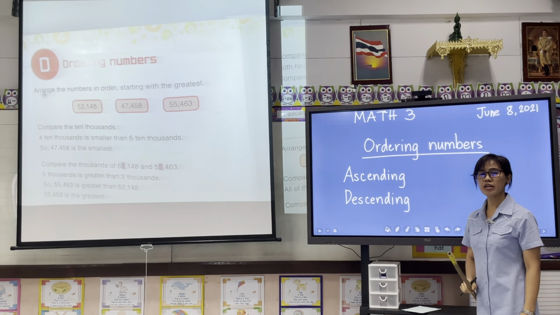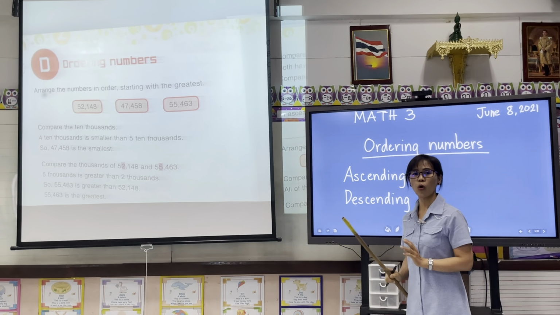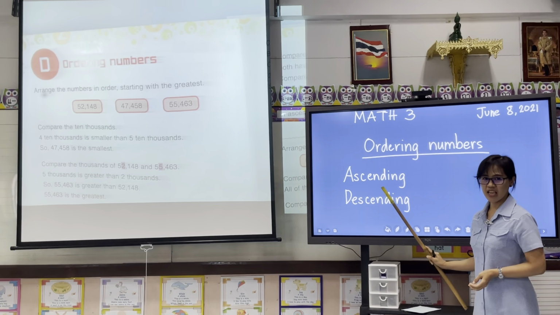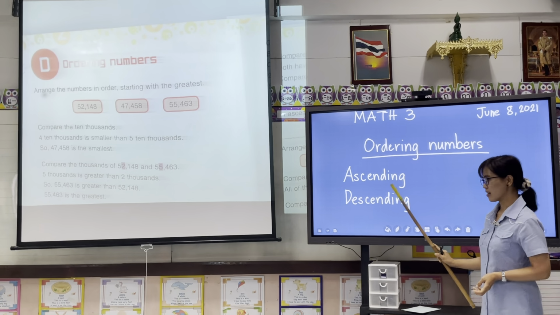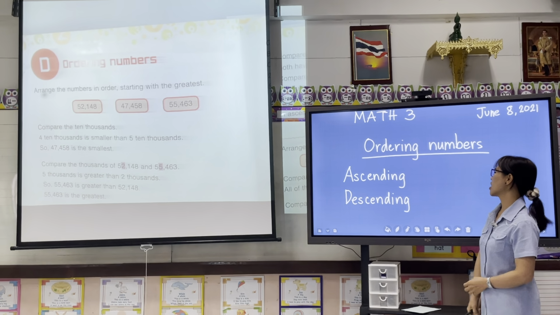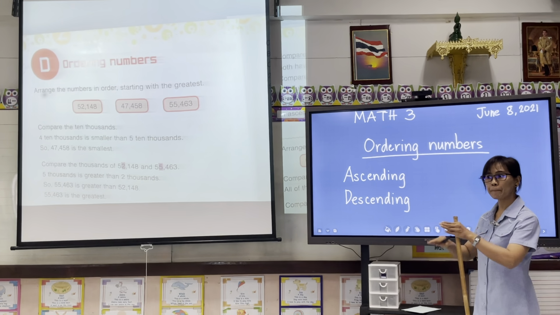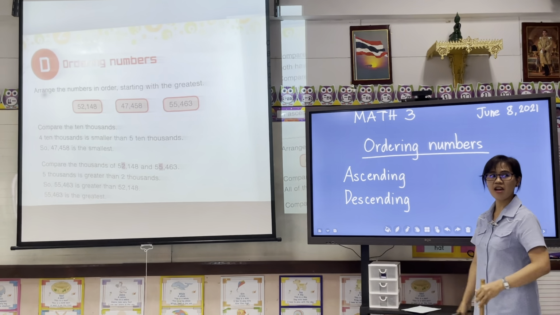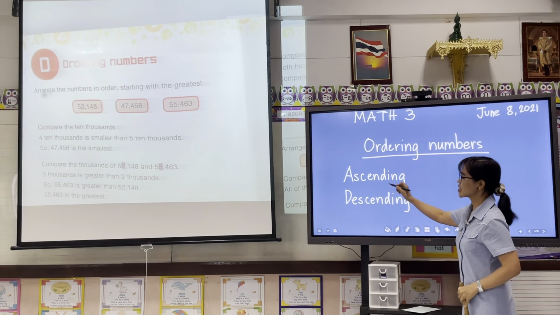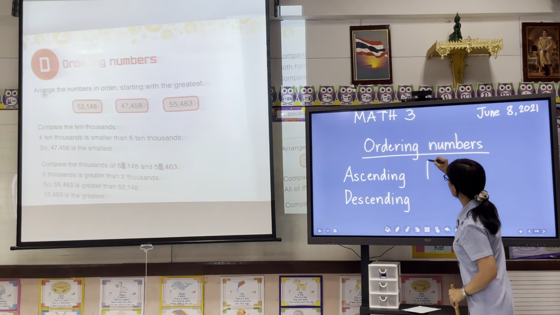When we order numbers, we place the numbers in their correct order. So, ascending. Descending. What does it mean? Ascending is just like when you go up the stairs. When we go up, we are ascending. So that means ascending is going up,